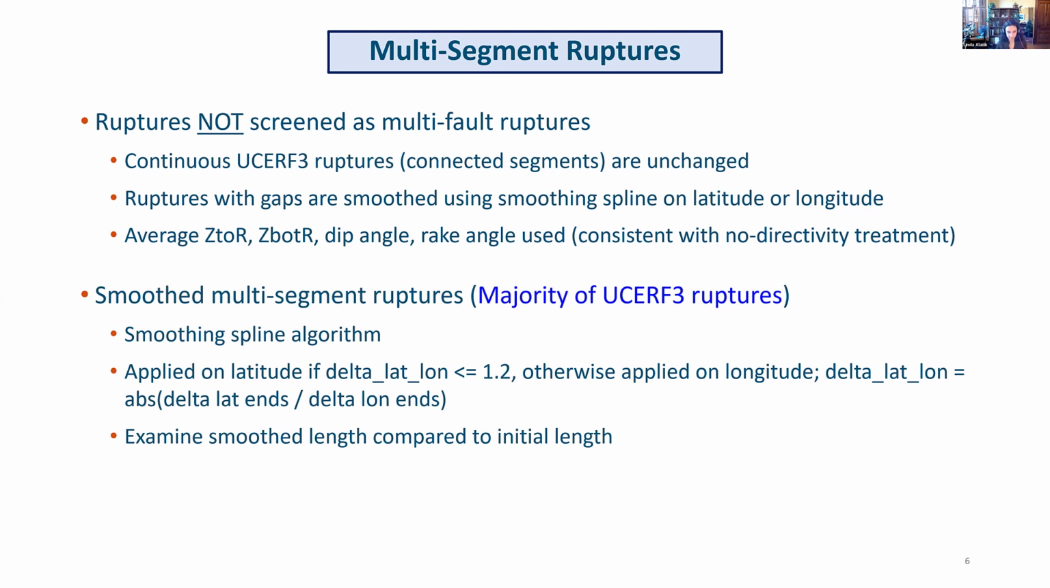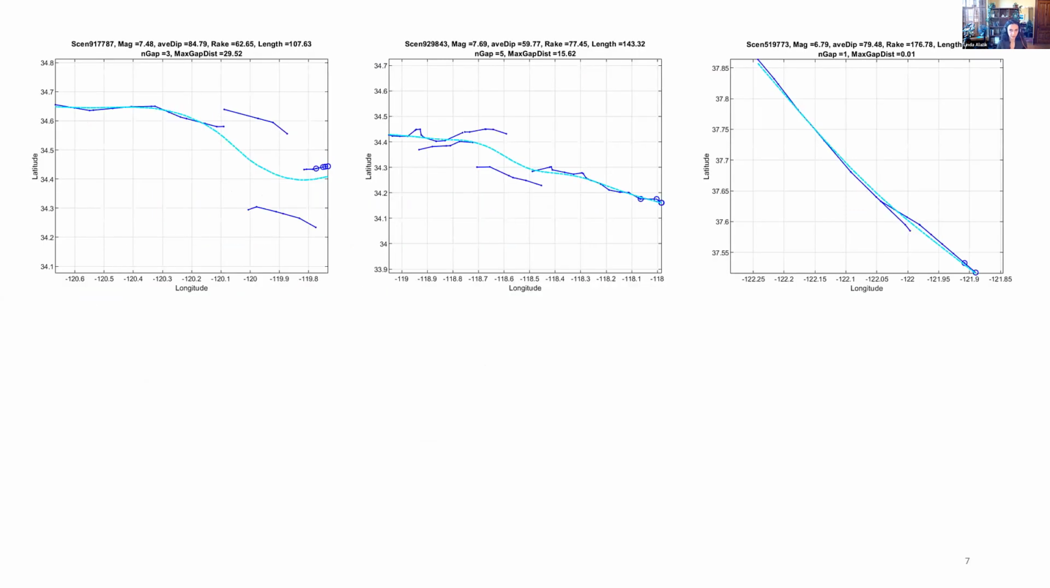We also examine the smooth length of the rupture compared to its initial length. These 3 examples here show the smoothing. We have 3 multi-segment ruptures. The original ruptures are shown in dark blue, and then the smooth version of these ruptures are shown with the cyan dashed curve. And you can see that the smoothing generally does an okay job in sort of preserving the